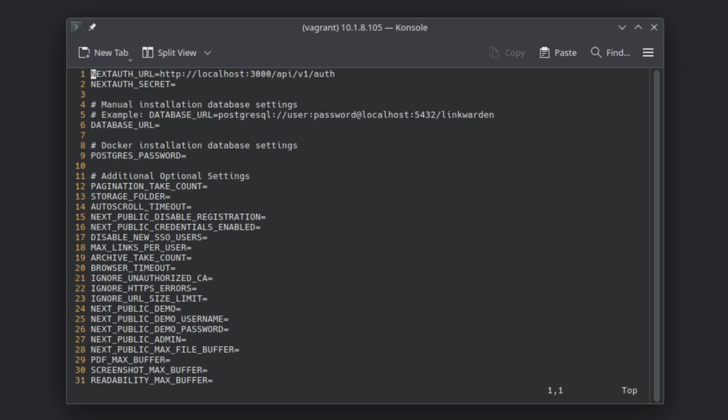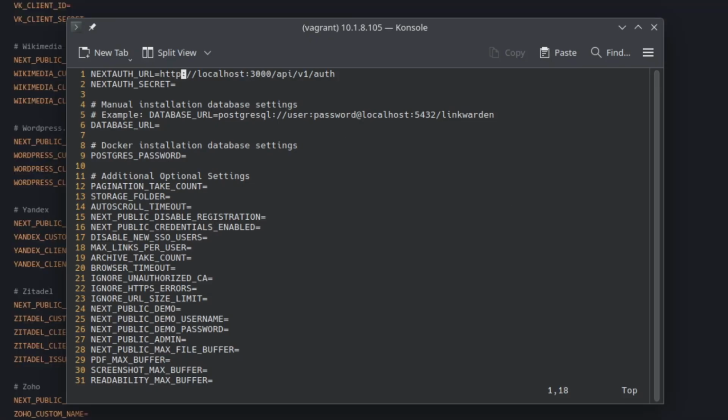The first one that we want to change is up here, which is the next auth URL. We want to change this part. So for us, I changed the port on mine. So I would change mine from 3000 to 80. So we got to change that here as well. So there we go. Then for our next one, which is the secret key,